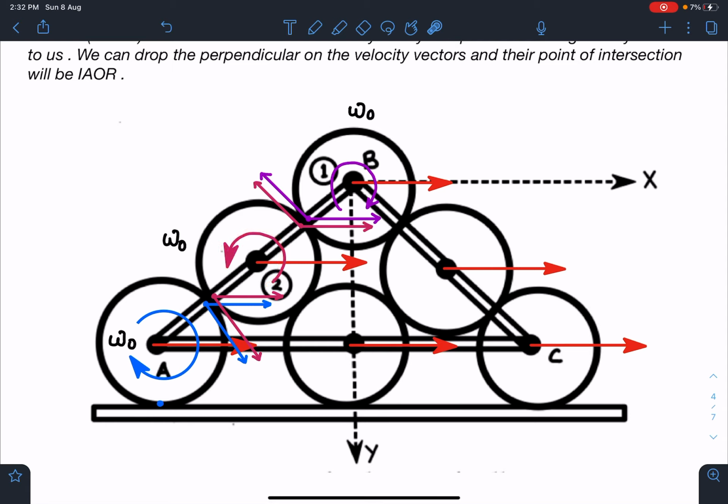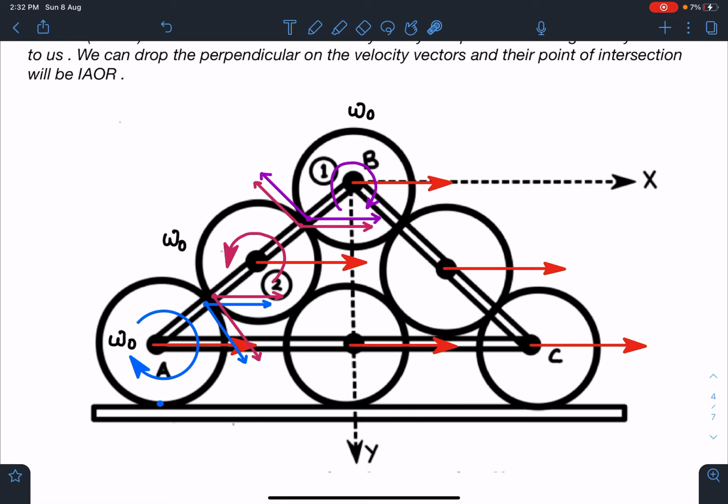Similarly here I can write, if at this point there is no slipping, then this can be VCM here, and R omega part is in this direction. From the first roller also VCM is this side, and its R omega must be same as this. So I am taking here that its omega must be clockwise. So clockwise, anti-clockwise, clockwise, this kind of system will come.